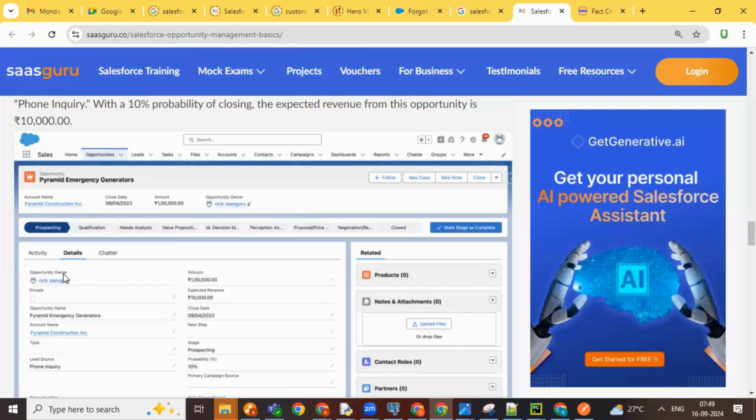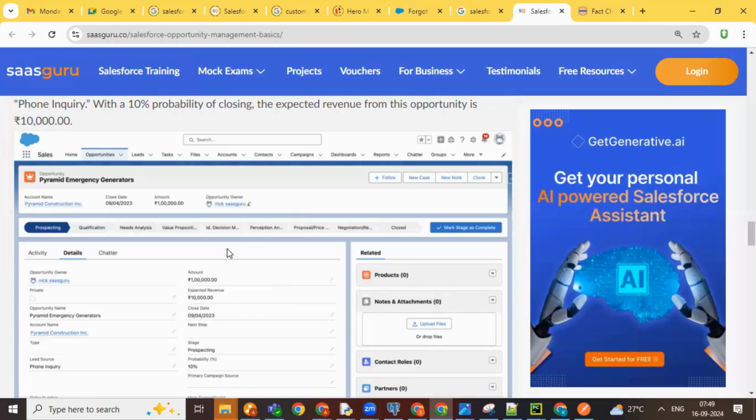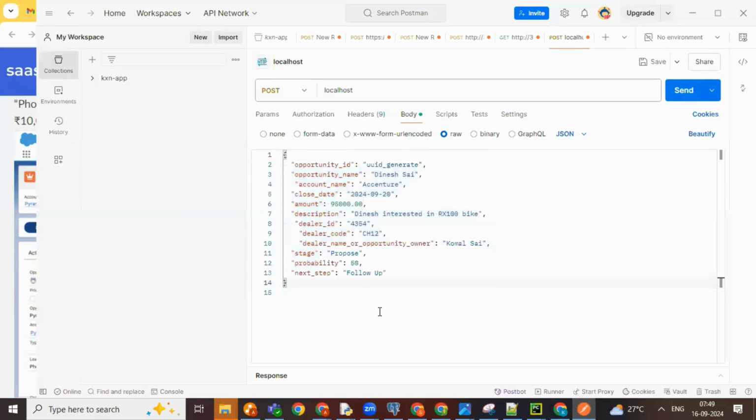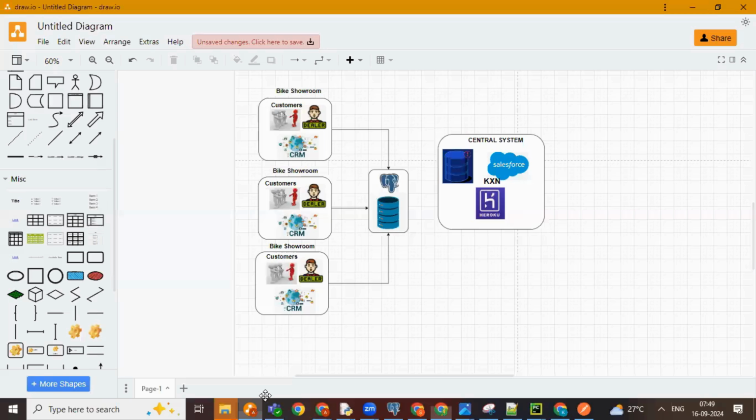See, the opportunity owner and the amount, expected revenue and closing date, the same information exactly as I'm showing here. I have minimized a couple of fields so that the target is clear: when you create a post call, in this Salesforce application your record will be created. You are wondering how this will be created, is it? So when you come back here,